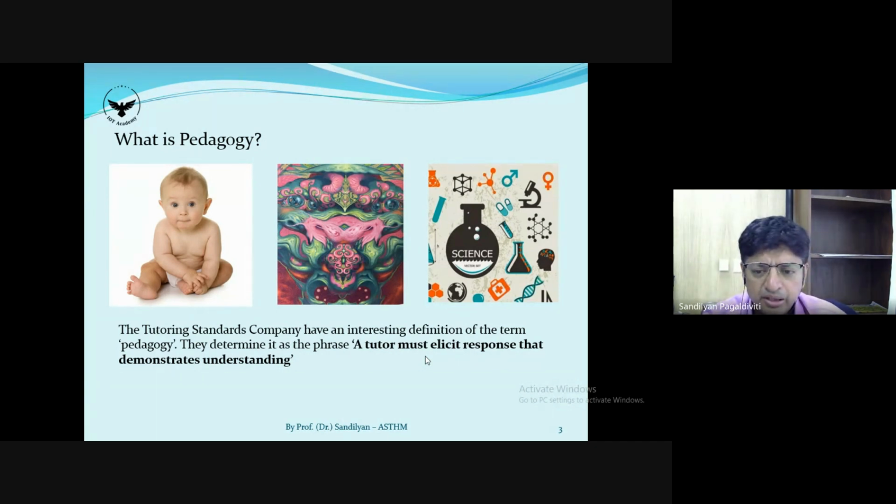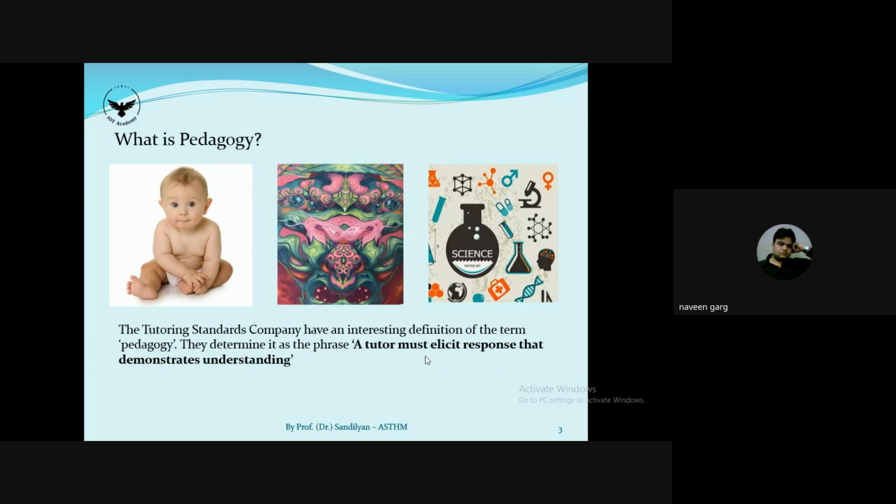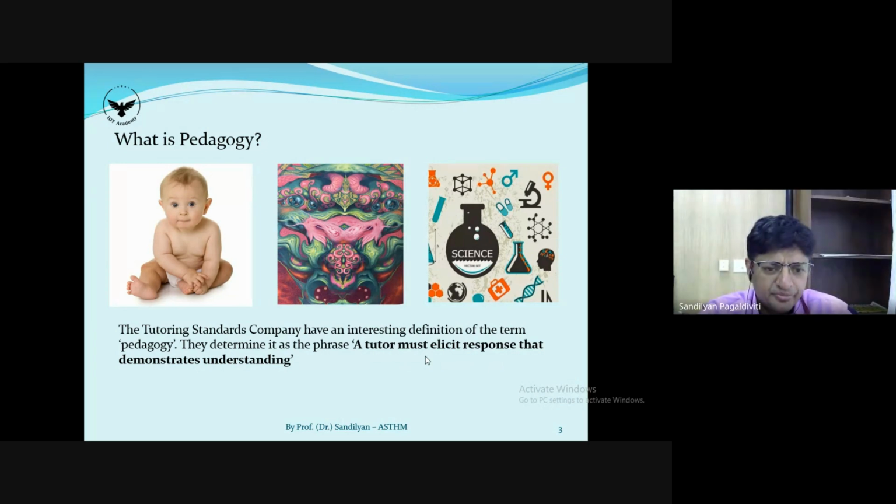However, let us understand that most of us are in colleges and universities. We are not going to be teaching children, though their maturity levels are not very high. We are still going to be teaching adults who are around 18 to 20 years age group. So how is it different when you are teaching adults? You can see there is a definition mentioned there